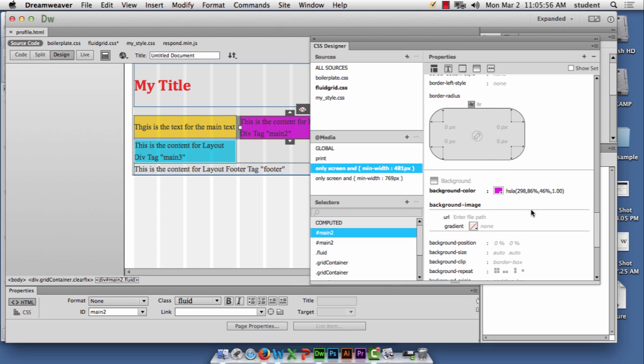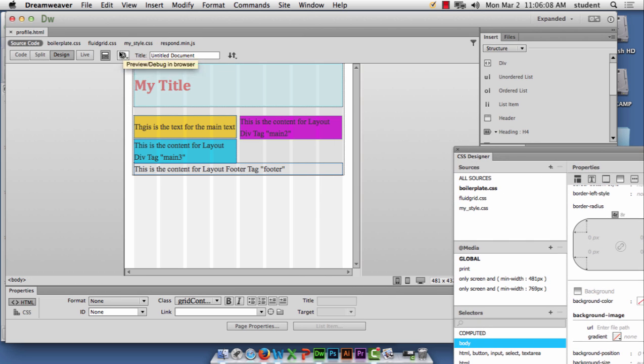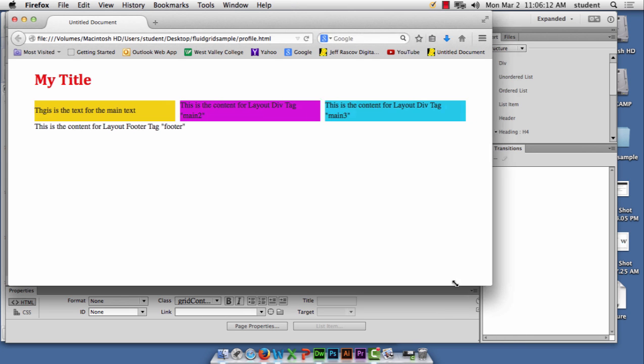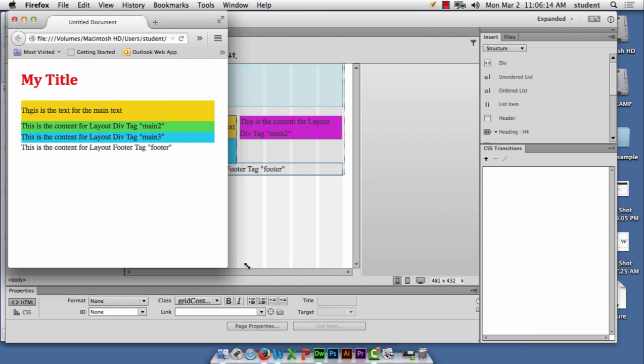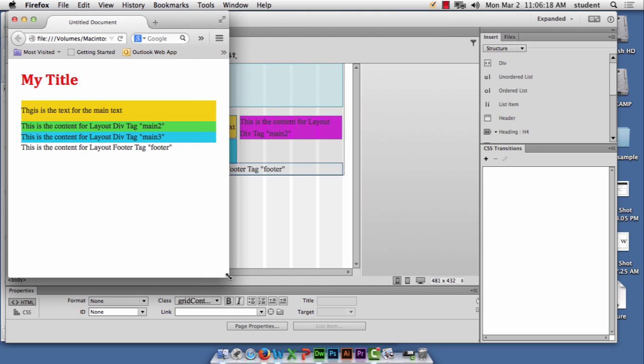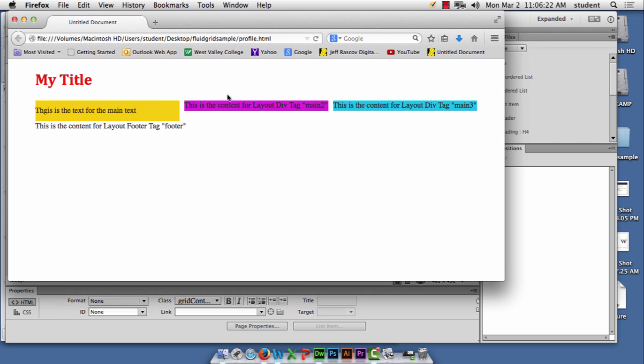It's purple there. See, purple there. It's green there. Purple there. Purple there. Purple, green. Green, purple, purple. So you can adjust the CSS